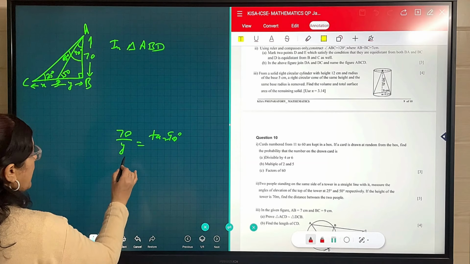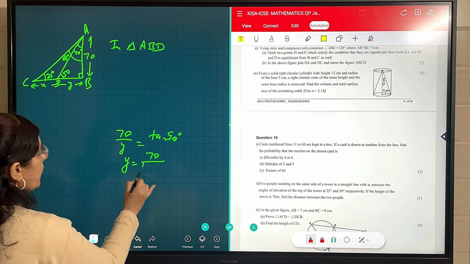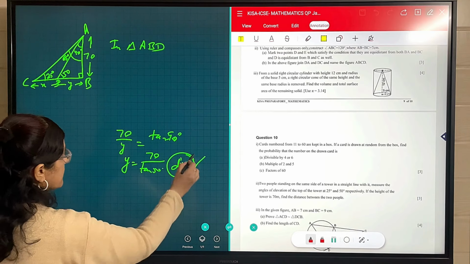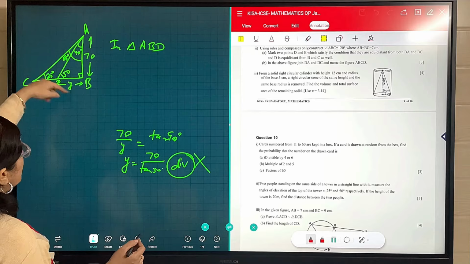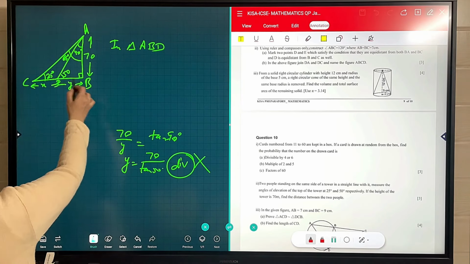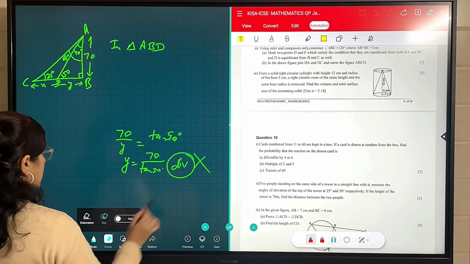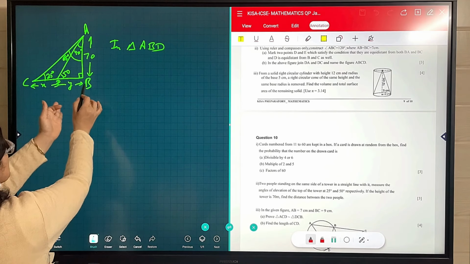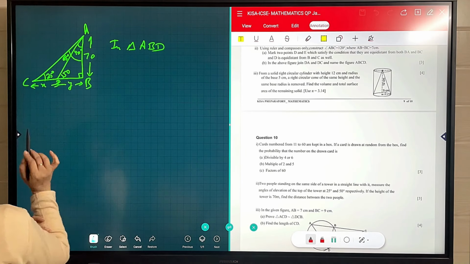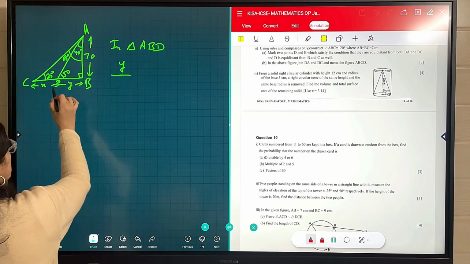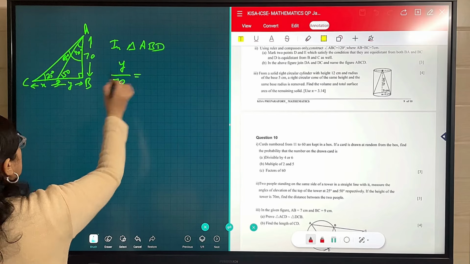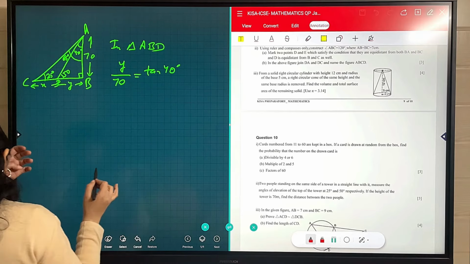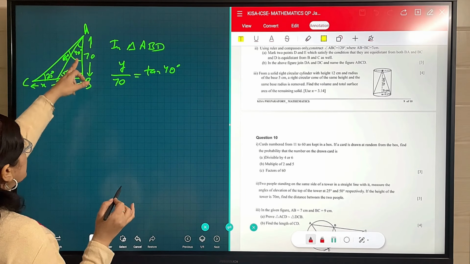So the value of 50, and I have to calculate y, then you have to divide 70 by the value of tan 50. To avoid that division, if you take the other angle, meaning you find the other angle of the triangle, 90 and 50, it will be 40. So we are not considering this thing, we are taking the same triangle, but now this is the perpendicular and this is the base because I am taking 40. So BD upon y, this is 70. Now this is perpendicular upon base, this is again tan, but now it is not 50, it is 40. So we have to take the complementary angle because 90 minus 50 will be 40.